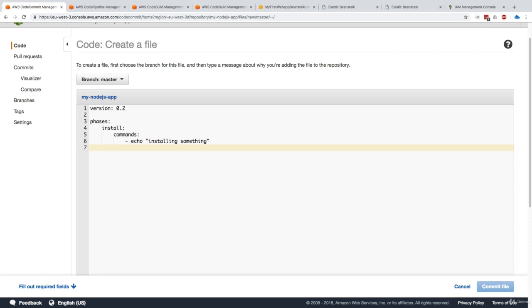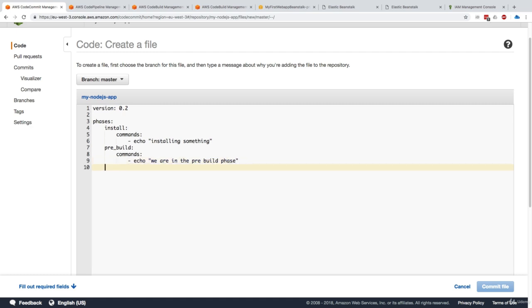Okay, now we go into the pre-build phase. These are all optional, but I like to outline them just to show you how they work. Here we say we are in the pre-build phase. We're not going to do anything in the pre-build phase either, but we could do stuff if we wanted to. Now for the build, we're going to write a bunch of commands.